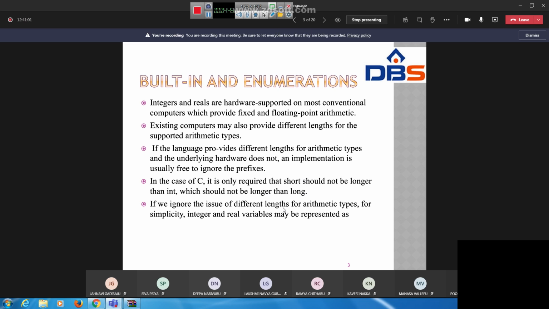If the language provides different lengths for arithmetic types,